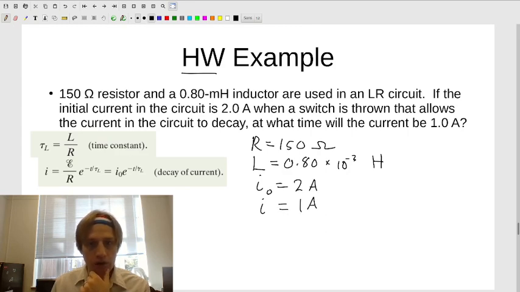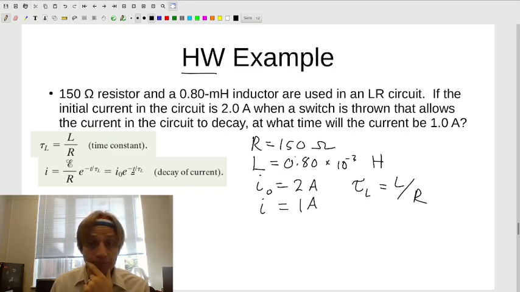And you want to find the time. So that's this. Well, keep in mind you can already solve for this time constant, this L over R. So that tau L is L over R. Taking this 0.80 times 10 to the minus 3 divided by 150, this should give you some small amount of